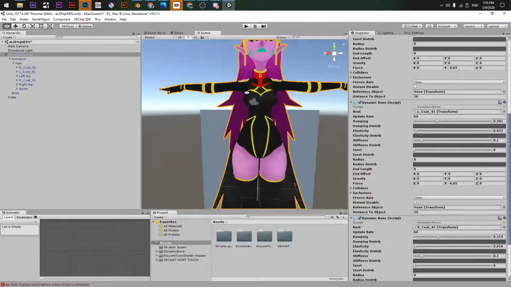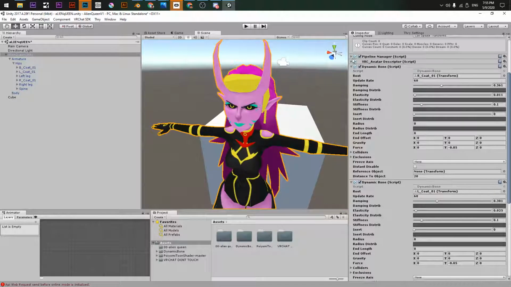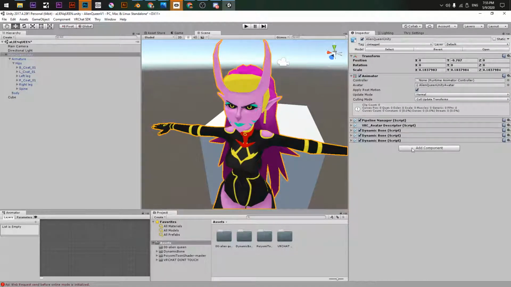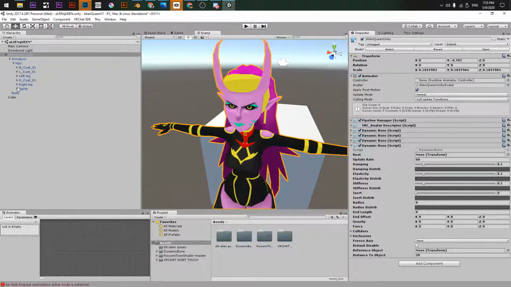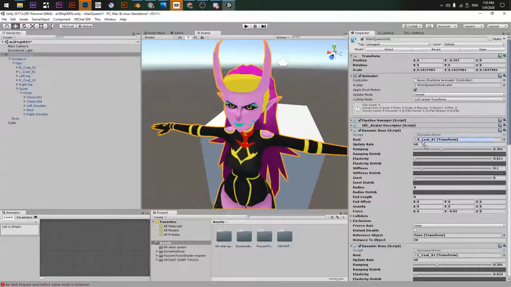The next part is the breasts and the hair. They're basically the same. The generic settings work for the breasts and the hair. Well, the hair not so much. Spine, chest. Oh, I forgot to rename the breasts. That's bad. Well,